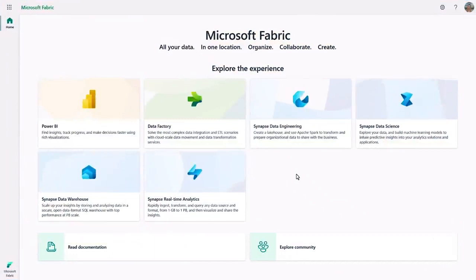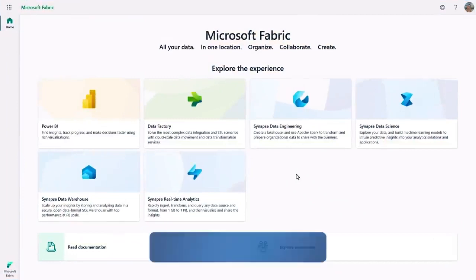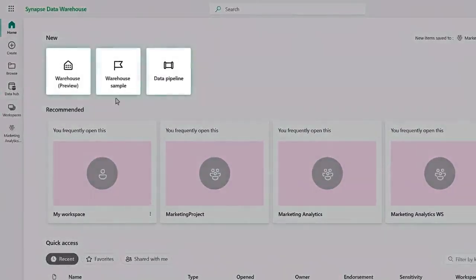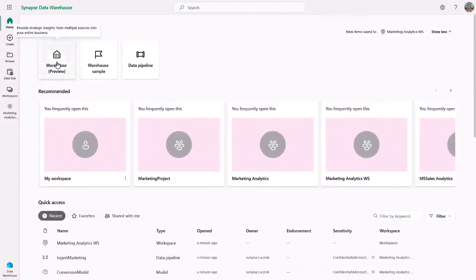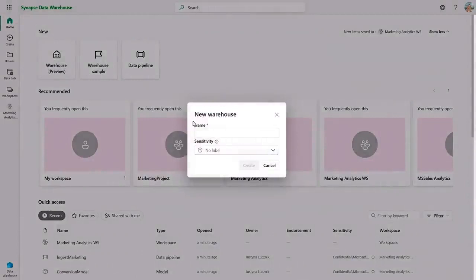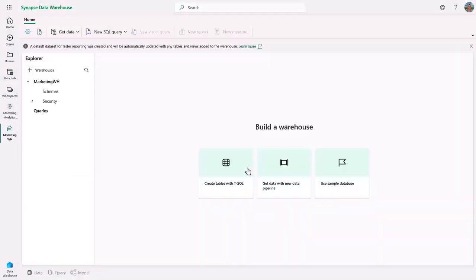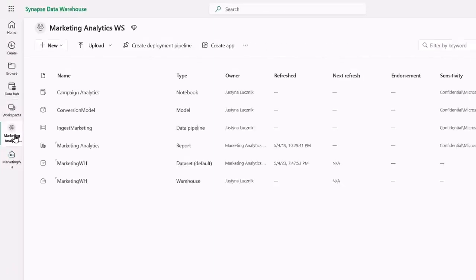For example, if we take a look at the Microsoft Fabric homepage, which you can get to at fabric.microsoft.com, we're able to choose our service entry point. I'll choose a data warehouse, and from there I'm presented with easy-to-access core capabilities central to my job. For example, I can easily create a new data warehouse right from here. I just need to give it a name and then hit create. And I'm instantly navigated to the warehouse experience where I can start my project. Importantly, since this warehouse gets saved in a shared workspace, I can collaborate with people from other data disciplines in my team.